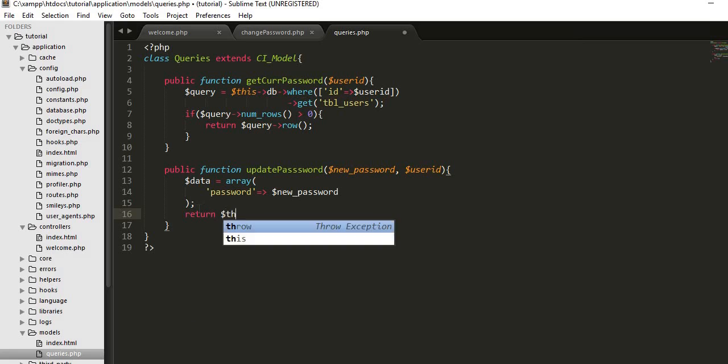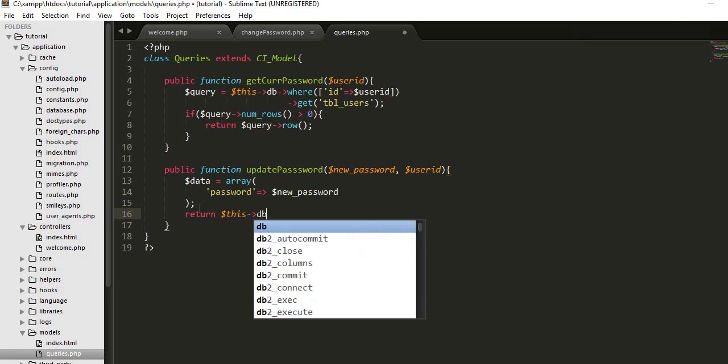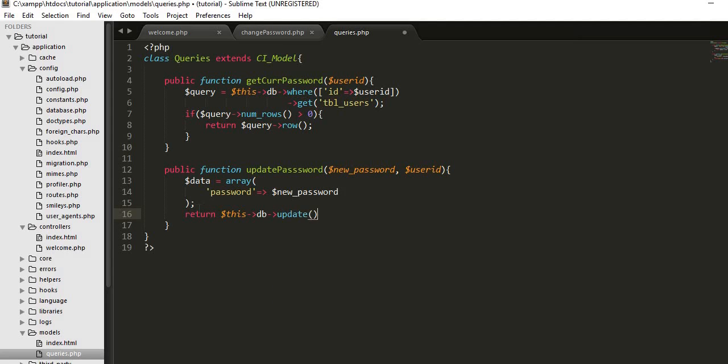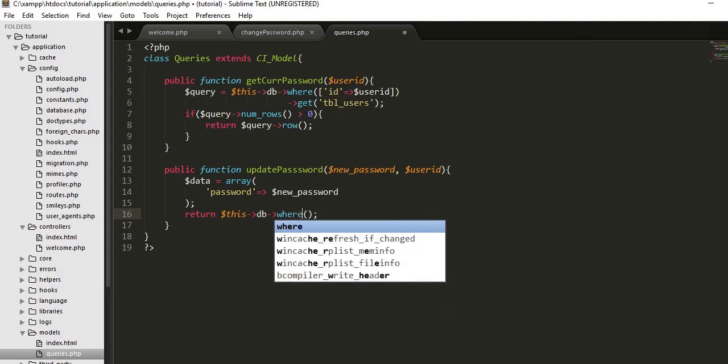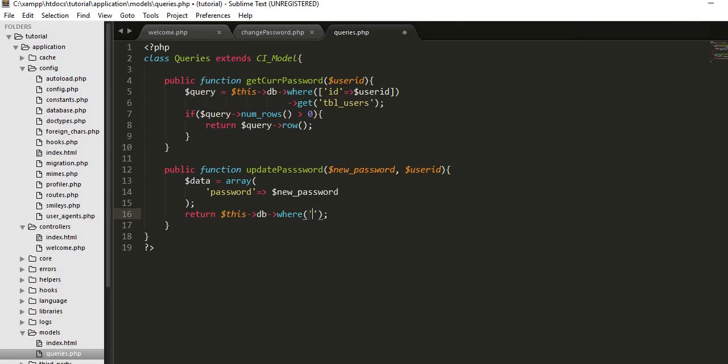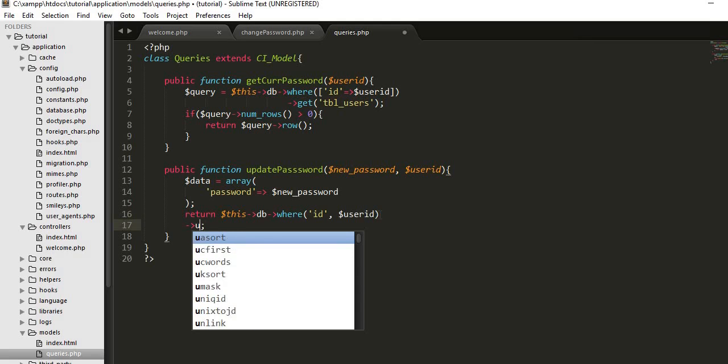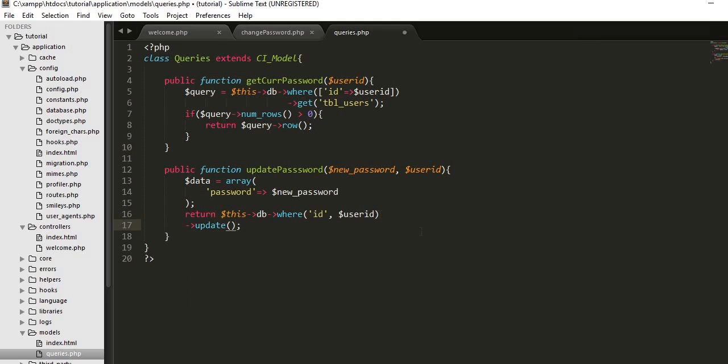Return dollar this db update. So where id is this user id, copy this, paste it here, and update, copy tbl users, copy this and paste it here, tbl users, and post the data. Okay, this